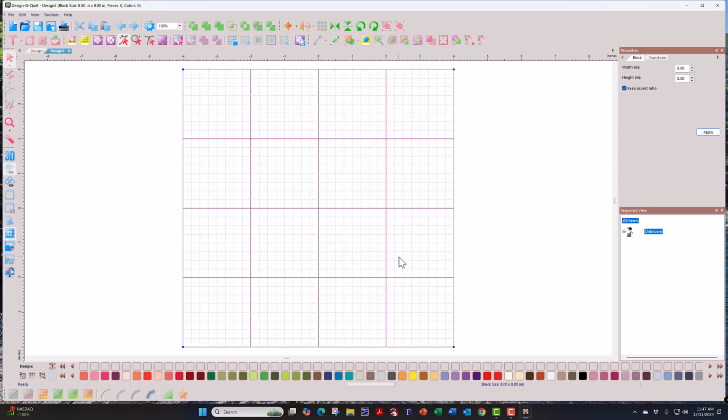Now to put a circle into a block, we have a special tool for that, and it's right here called the Block Ellipse tool. And it's right next to the Block Line tool, which is the first tool selected by default. And here is the Block Ellipse tool. So this makes ellipses and circles. So I'm going to go ahead and click it,